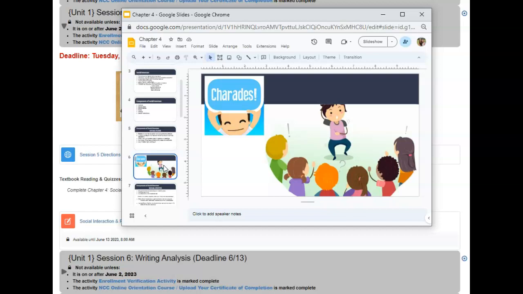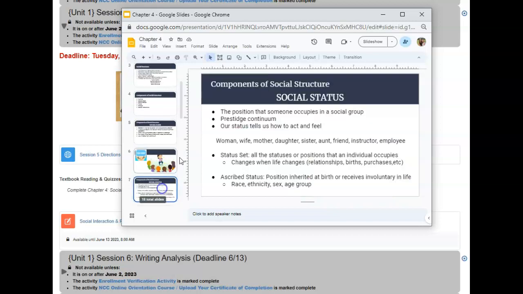So that would be something that is on your card, and then you have to act out what that person would be doing in order for your friends to guess what was written on your card. So the social status, if we're going to compare that to charades, would be what is written on your card. So mother, parent, child care provider would be the status. Okay, that is a position that you hold.